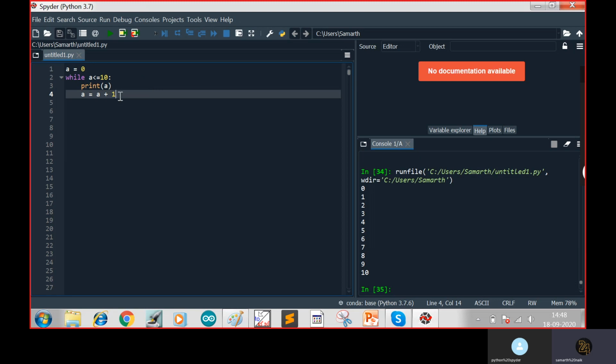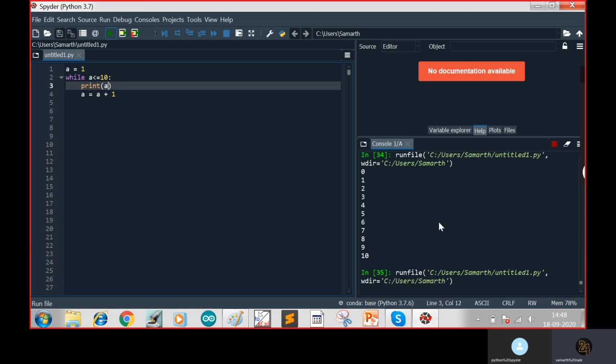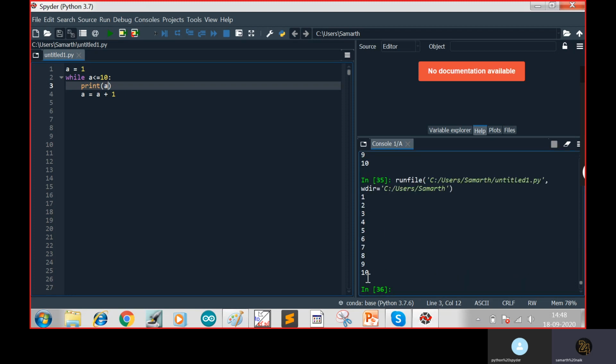We'll try this example: print the first 20 positive numbers and the first 20 negative numbers. Not whole numbers, we'll try natural numbers first. So we'll put a as 1. First you have to print 1 here. Till where does it come? 1 2 3 4 5 6 7 8. Now first printing the first 10 negative numbers.